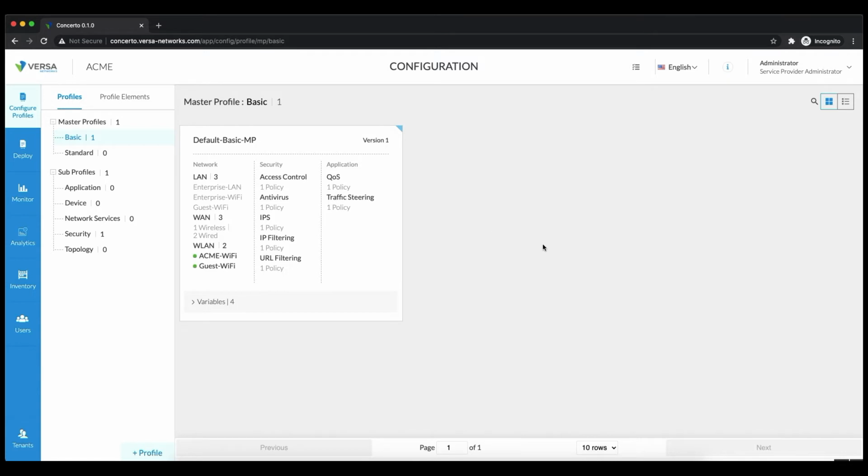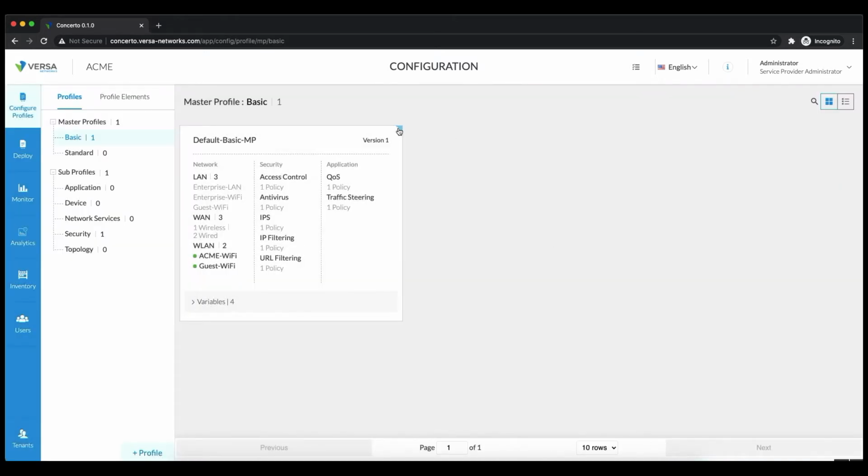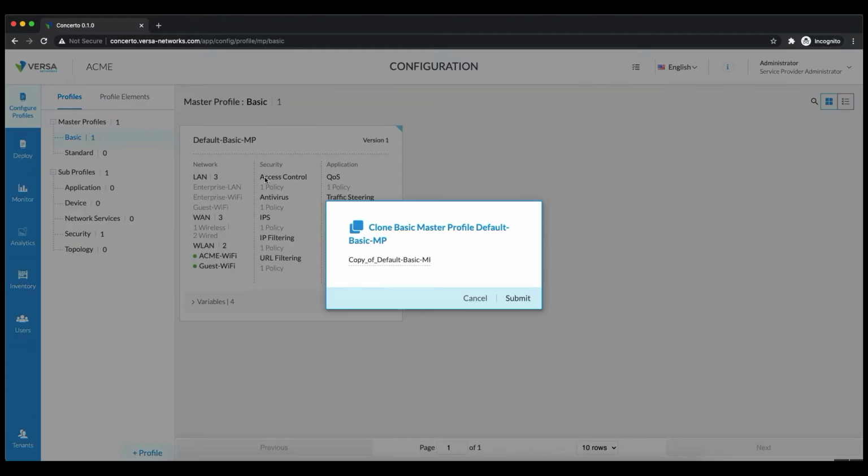Okay, let me quickly open this. Before doing that, let me clone it so that you can keep this default master profile version 1 as a golden version. So let me build, for example, a profile for my West Coast, all the sites in the West Coast. Okay, so let me clone it,